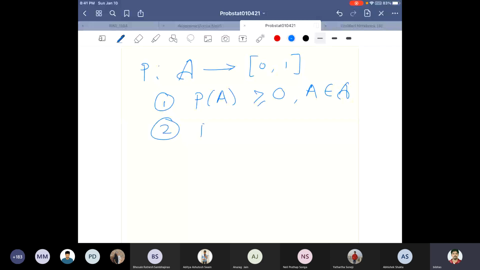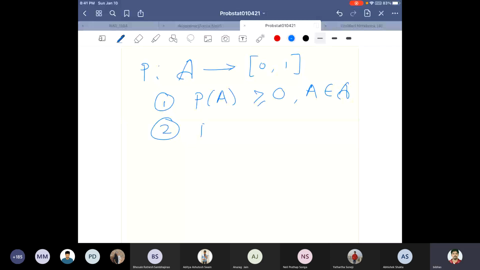Then we said probability of S itself is equal to 1. S is a subset of S itself, so we considered S as an event. So the probability of the sample space is 1. And another postulate: if we have A1, A2, and so on, a finite number of mutually exclusive events,